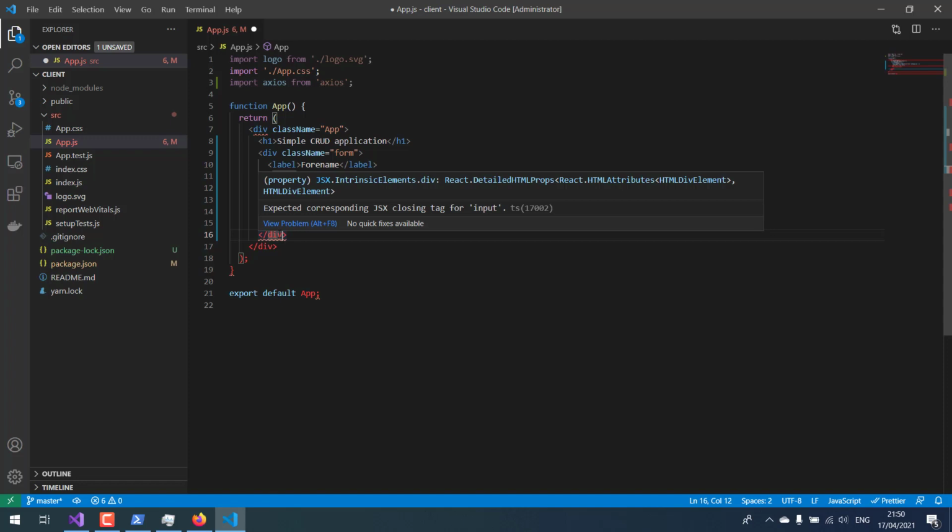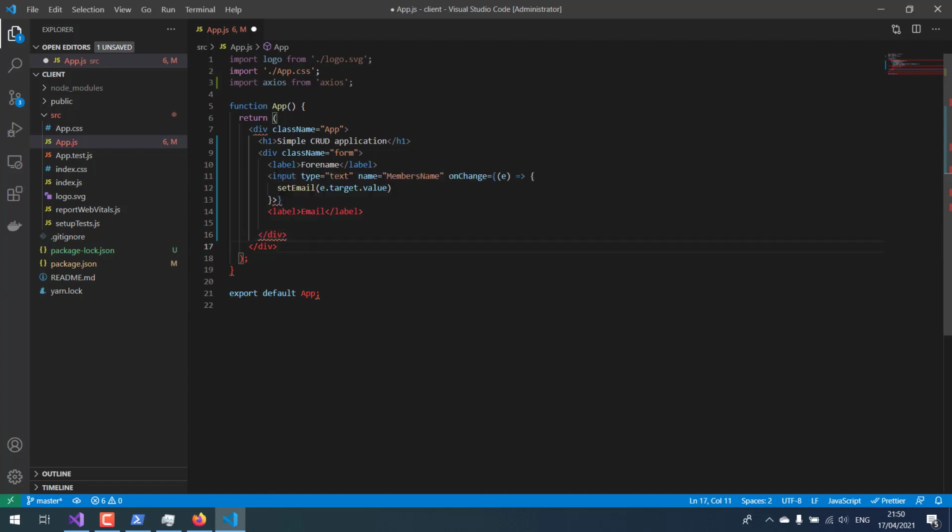Expect and confirm just a closing tag for input. Wow. Okay, I'll sort this out. And label, we open div. Now this div should close this one. And this. Okay. However, I'm gonna sort this out. So